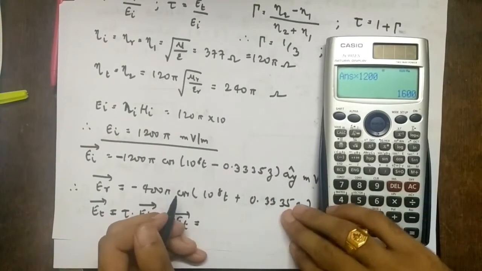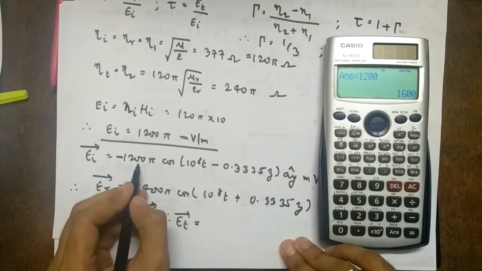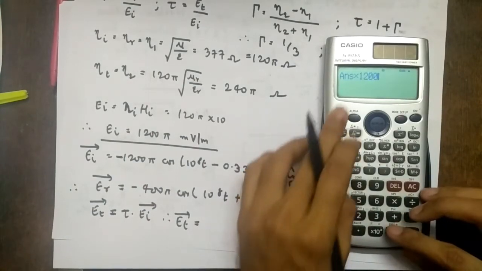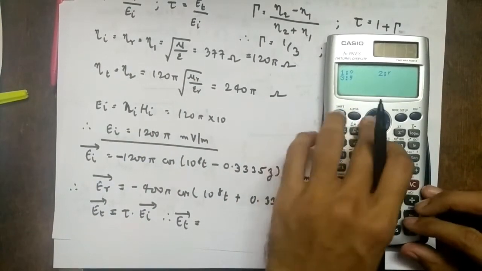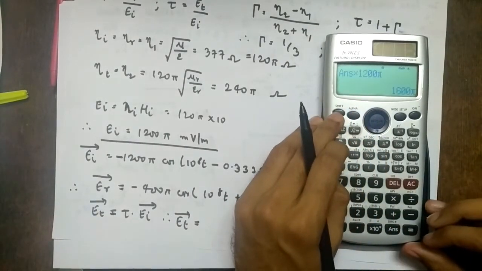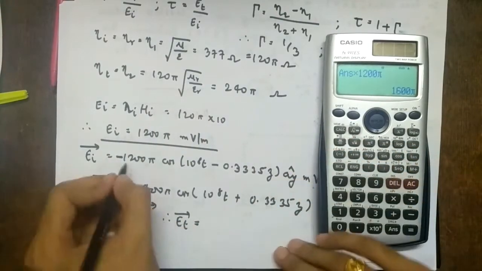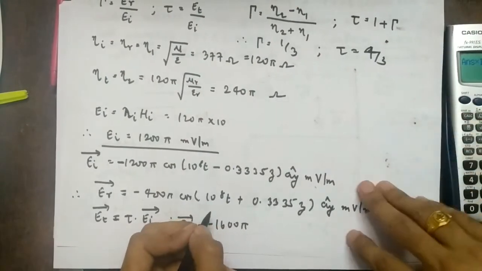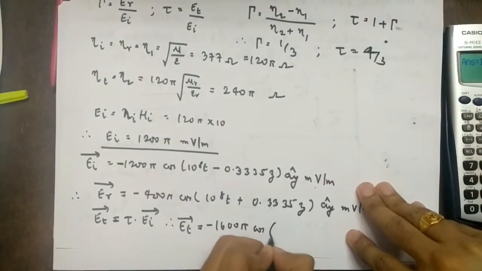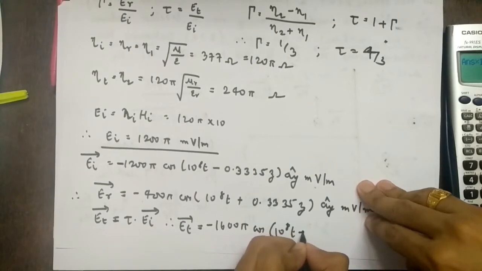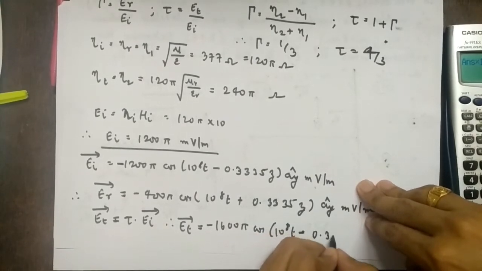So what do we get? 1600. Have I taken the pi? I forgot again. Sorry. So 4 divided by 3 into 1200 pi. So 1600 pi, and minus sign. So minus 1600 pi cos of (10 raised to 8 t minus 0.33